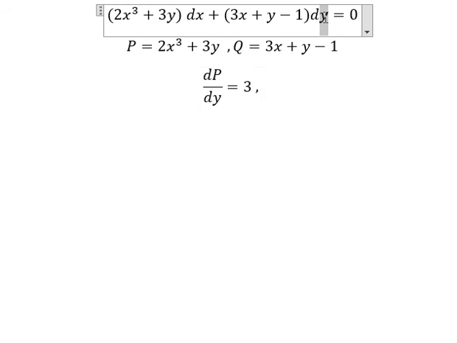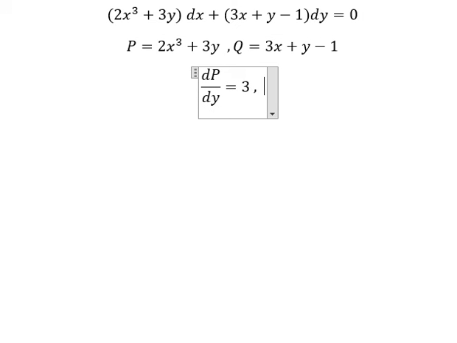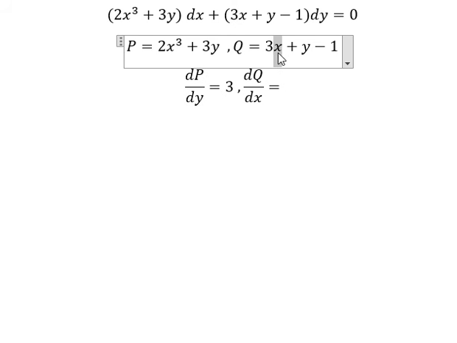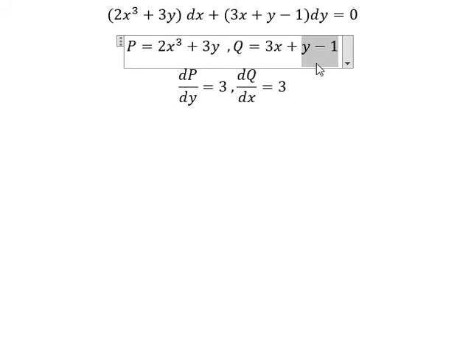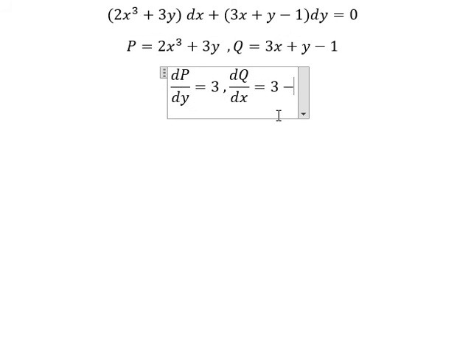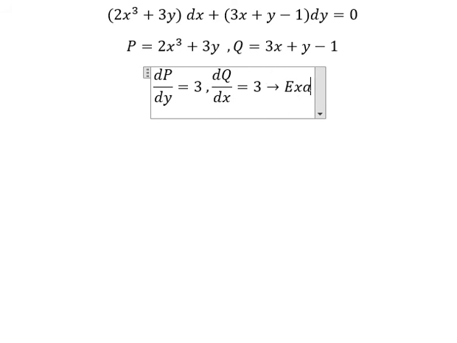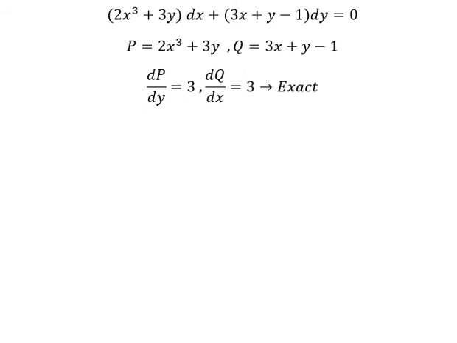We have dy. That means we need to do first the derivative of Q with respect to x. So we have this one and that is number 1. This one you got number 0 and we can see that this one and this one are the same, so that is exact. Now we need to set up the function f(x, y)